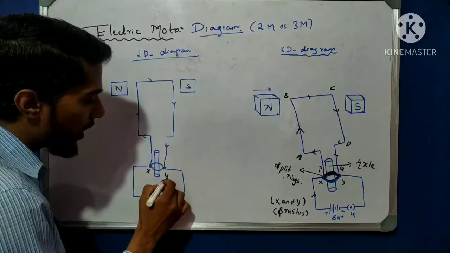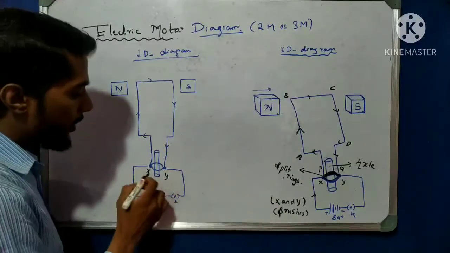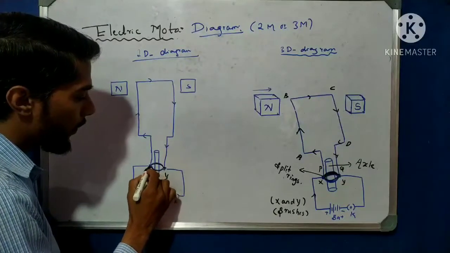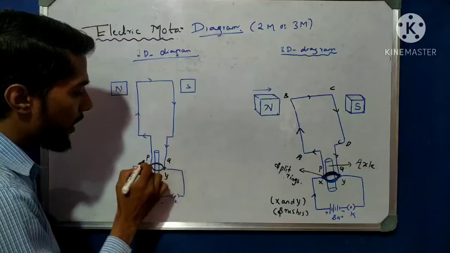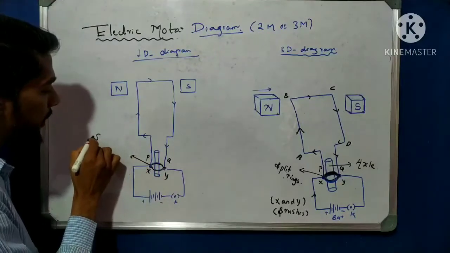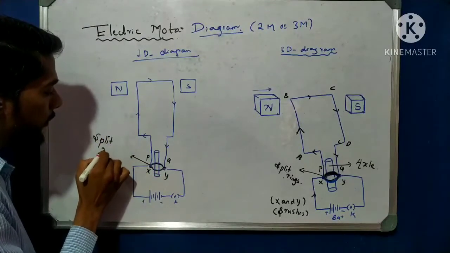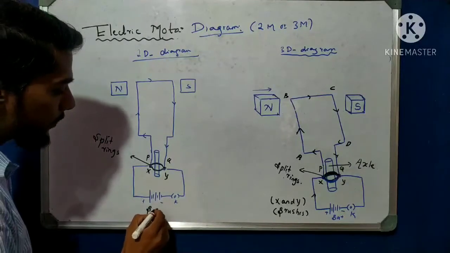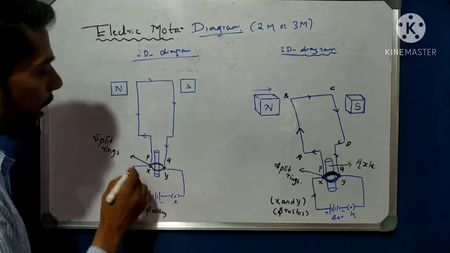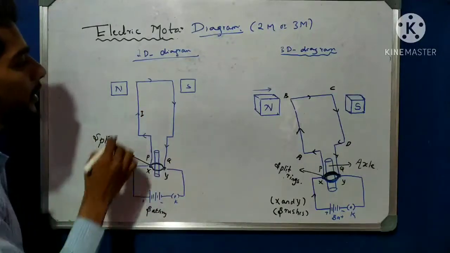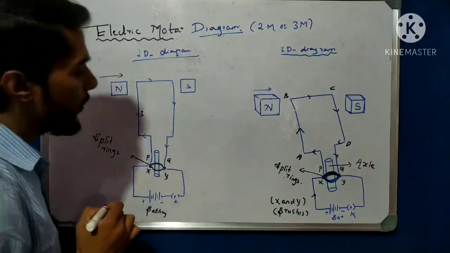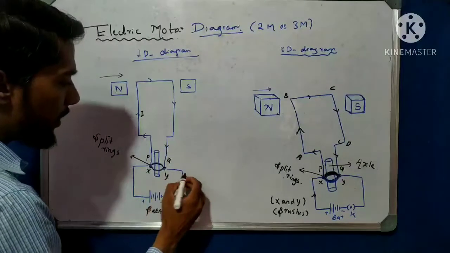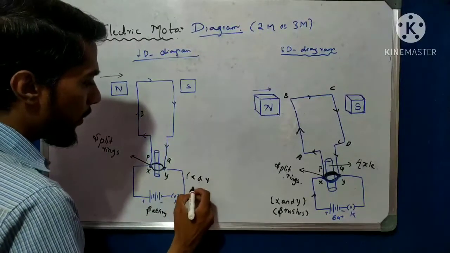Okay, XY are called brushes, and then this is PQ. This part is nothing but what? PQ, and that is called split rings. Split rings, and that is the battery. It is the key, and the direction of current is here, I. Right? This is the current and the magnetic field like that. Okay, so this is nothing but simple, student. This is X, Y, the brushes.